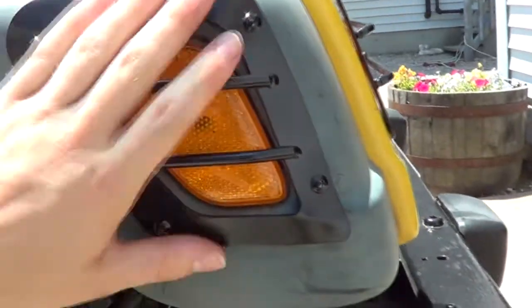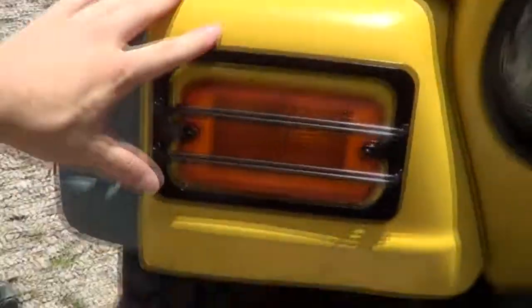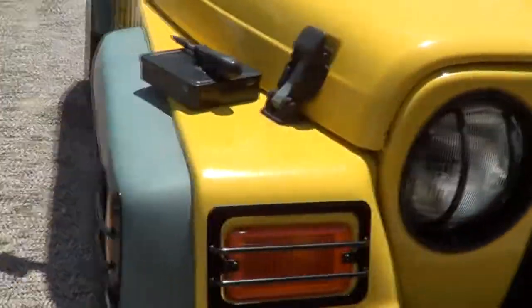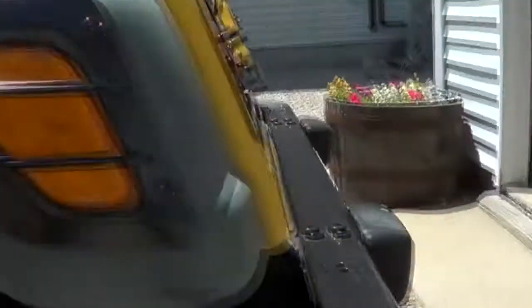All right, so I got those side marker signal guards on, and I gotta say, they look really sweet. The front ones are good, I like them. I really like the headlight ones, obviously. The front ones just accompany it better, but I think the side ones, just something about the angle on them looks really good. Now, I am going to be putting a video together to showcase how I put them on,